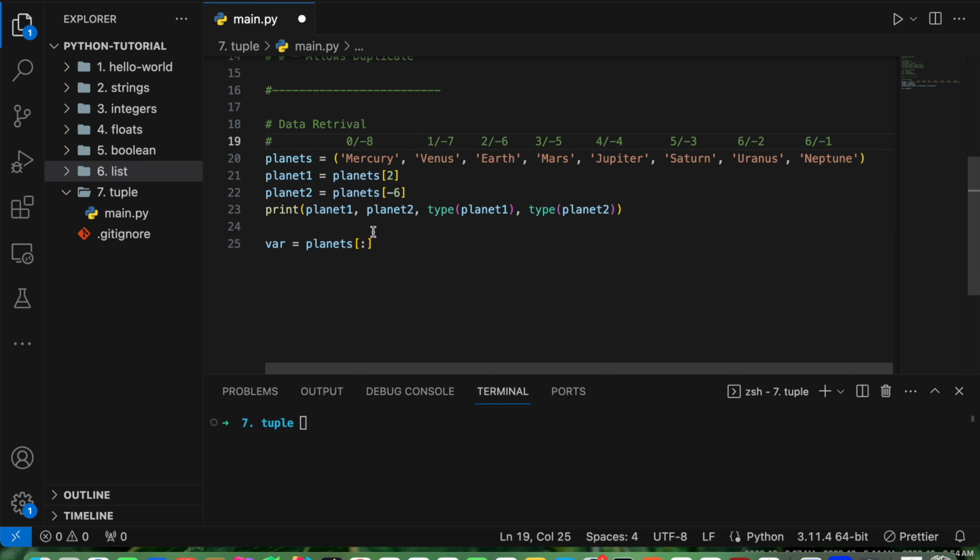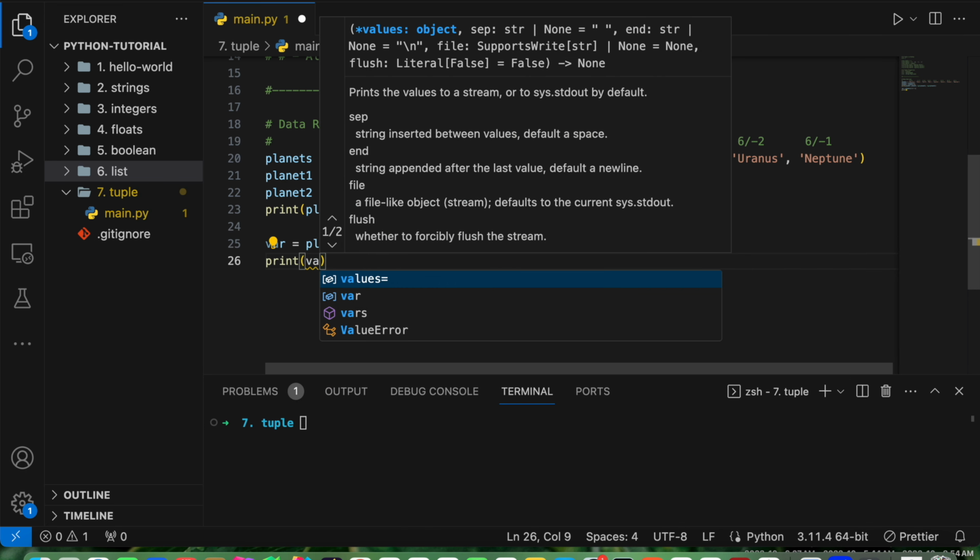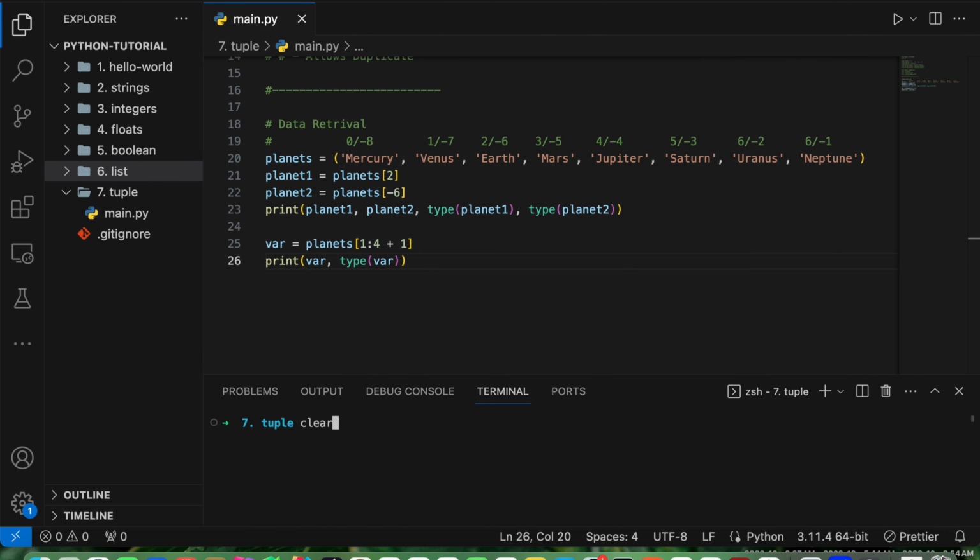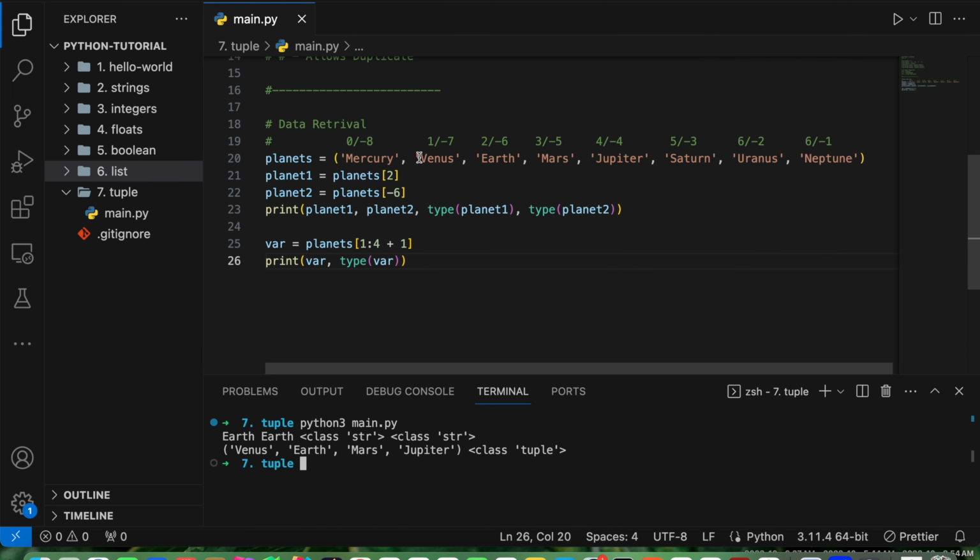So we want to start from index 1, and we want to go till index 4. But one thing to remember, this upper value that we provide here is not inclusive, it is exclusive. So if you want to go till index 4, then we need to provide index 5, or you can say n plus 1. So n is 4 here, so we can say 4 plus 1. Okay, and if I print, you can see we are getting the values from Venus till Jupiter,